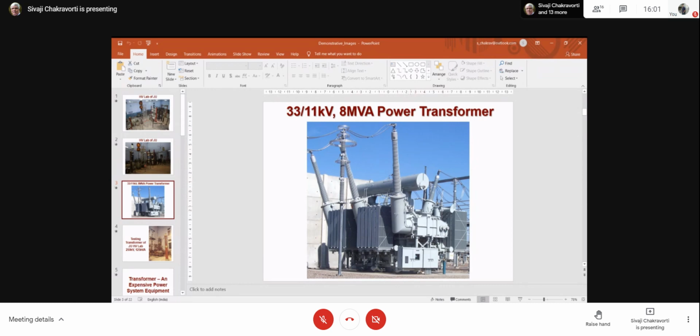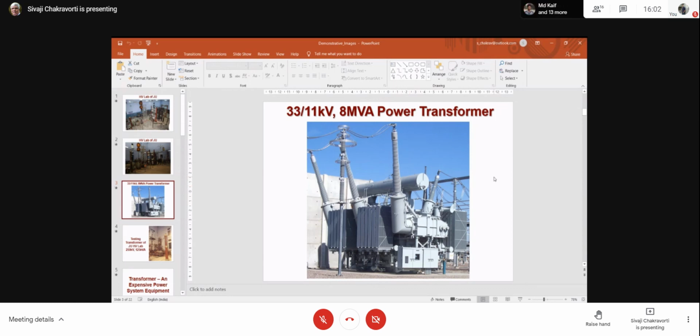When the oil expands, the additional volume is taken by the conservator, and when it contracts, the oil comes down, but it will never leave the tank. The surface will just be a little lower, so the air volume will increase or decrease. Then there is a question: when oil expands, it pushes air out of the conservator, and when oil contracts, air comes in. Along with that air, moisture comes in. How to protect against that? Sir, there is a breather. In this breather there is silica gel which absorbs the moisture.